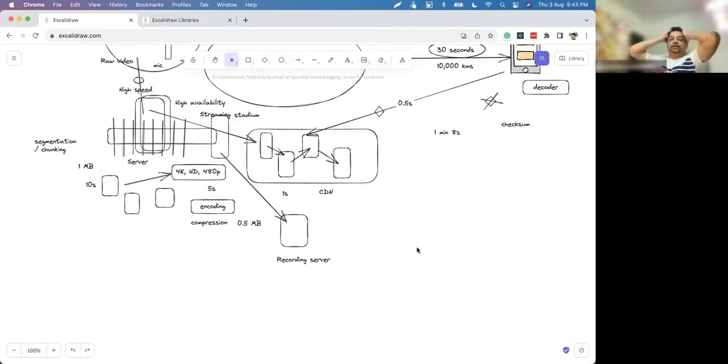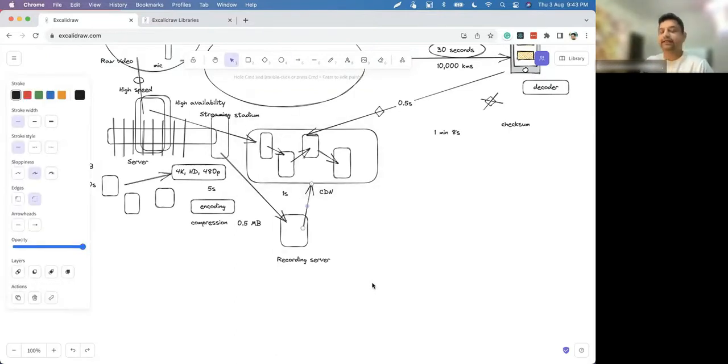Right, so this is the recording server, because sometimes after the live streaming, the match is also available to view the recording. So this will also be stored in CDN.